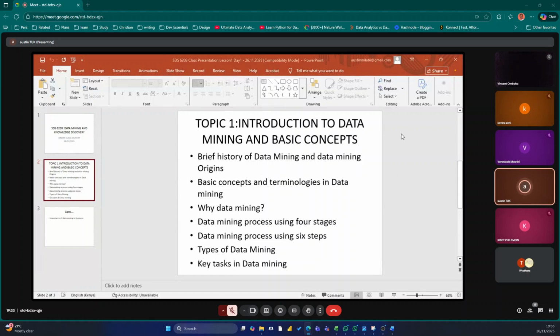Then you may ask, why data mining? Why are we having data mining? That's a question somebody may ask you as a data scientist. If somebody asks you, you may just respond by saying, data mining is a crucial component of successful analytics initiatives in organizations.